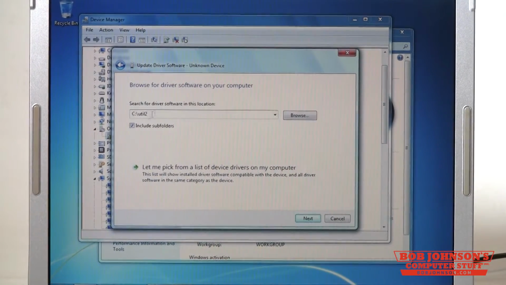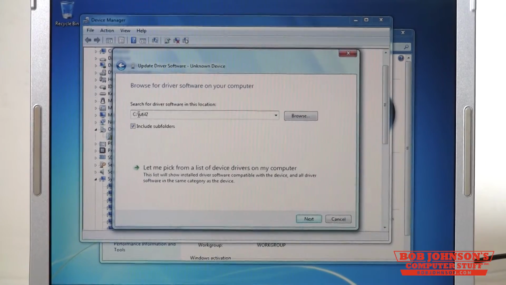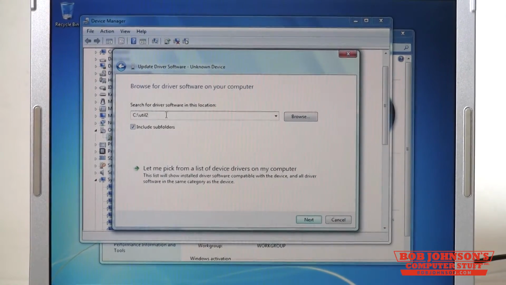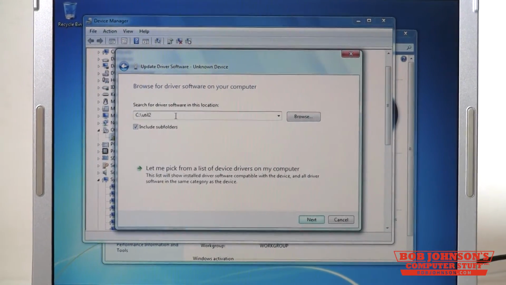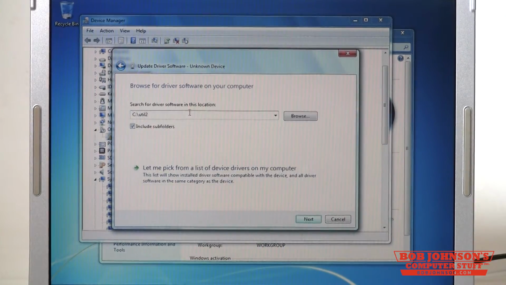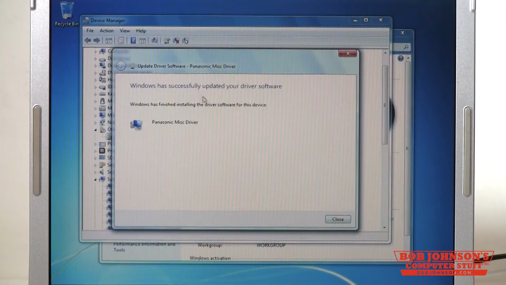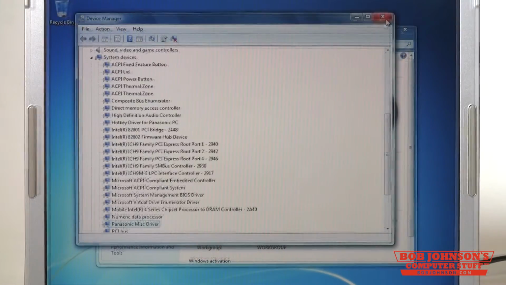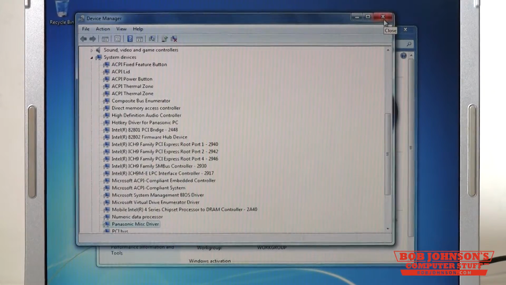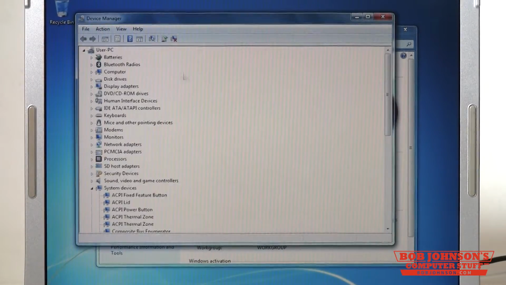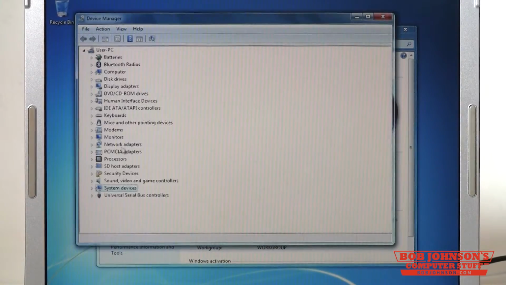But if this is not the case for you, just go ahead and put in C:\util2, which is the default extraction location, and either hit Enter or click Next. It'll search through the files, find your driver and install it. You now have the Hotkey driver and Panasonic Miscellaneous driver installed. There are no more drivers that are missing in Device Manager.